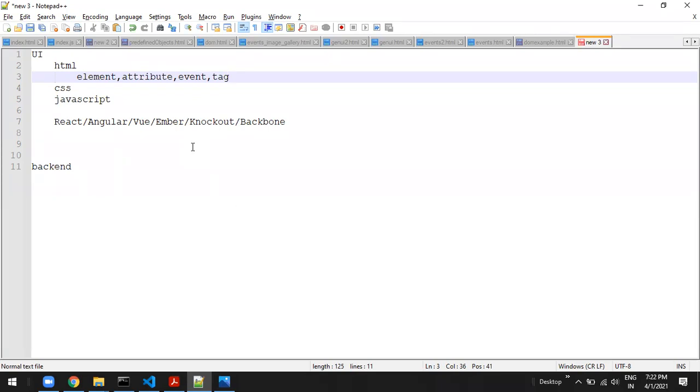For example, if you don't know what exactly a division is doing, whether it is a block-level element or an inline element, you can't do anything in React.